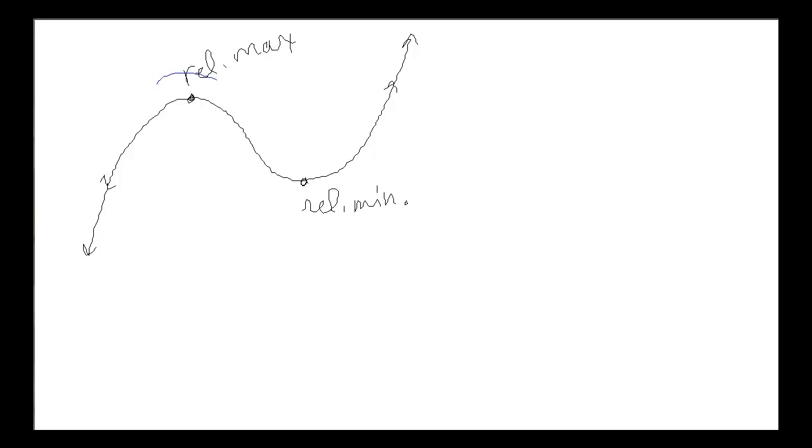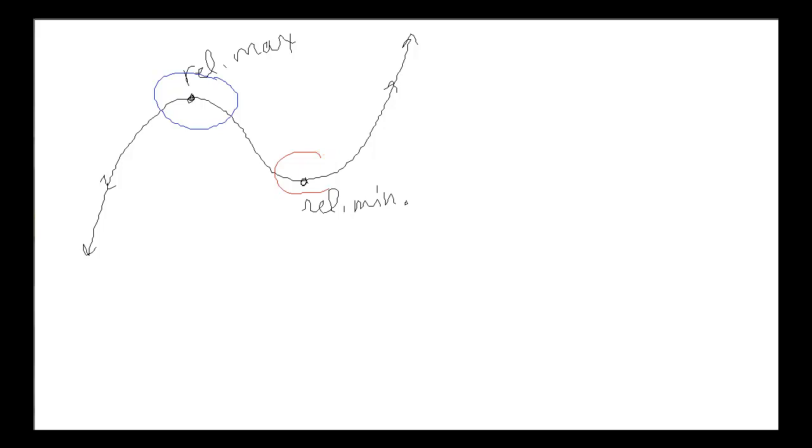For a relative maximum, we would say in its neighborhood of other points, it's the highest point. And same thing for the relative minimum. In its neighborhood of points, it's the lowest point. Again, if you think about this neighborhood idea, in your neighborhood, you know where the largest house is. Does that mean it's the largest house in the city you live in? No, not necessarily. It could be, but it's not necessarily. But at least in your neighborhood, it's the largest house. Same thing for the smallest house. The smallest house in your neighborhood may not be the smallest house overall, but in your neighborhood, it's the smallest. So it's relatively small, or the largest house is relatively large. Okay, so we're going to keep that in mind.